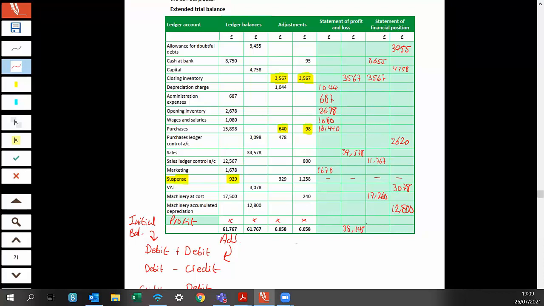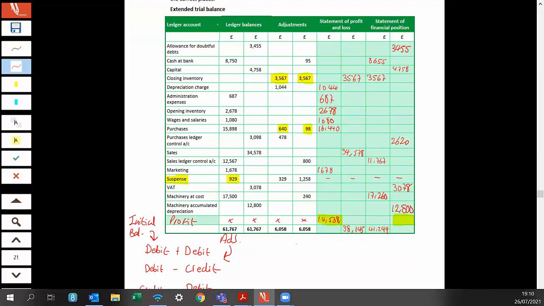And then on your statement of financial position, when you total all these columns up, in your debit column, you have 41,249. So we're going to have two entries. There's going to be an entry here and an entry here for the same amount, which should then cause everything to balance up. If we work out the difference between the columns, and again, you can do this in your own time, total up everything in your debit column, take it away from 38,145, you'll find that the difference in figures is